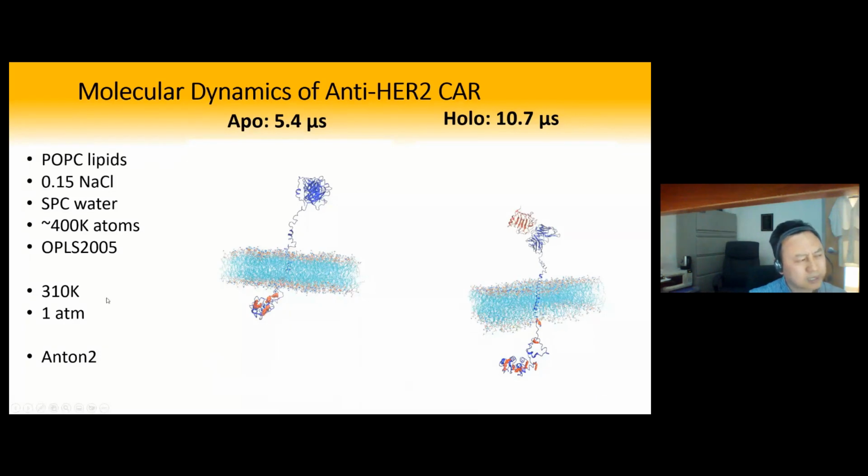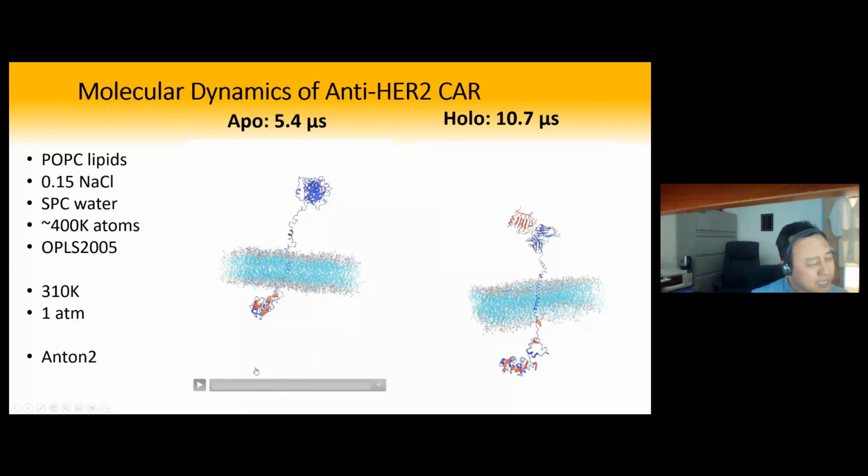Okay, so with the simulation, we actually had to resort to the Anton tool because the system had 400,000 atoms, and we had to simulate to the microsecond. If you use a graphics card, this would take years to finish. But with Anton 2, I literally finished this in days. Okay, so then let's see what we got.